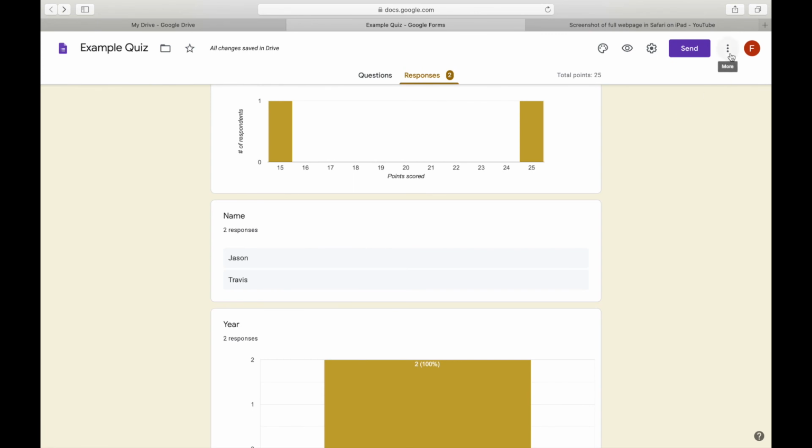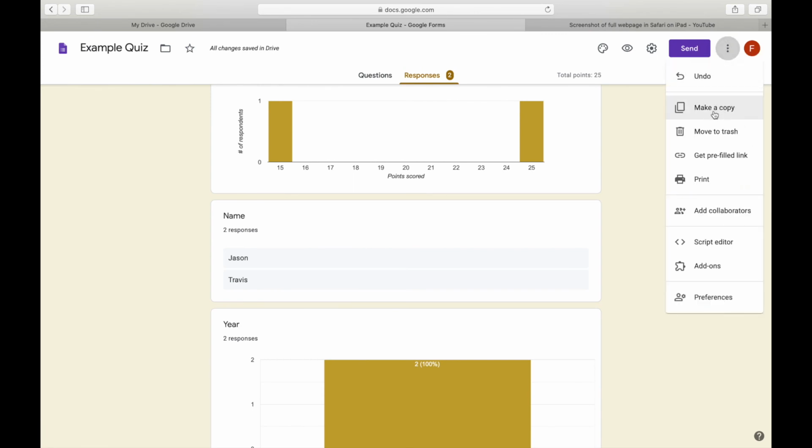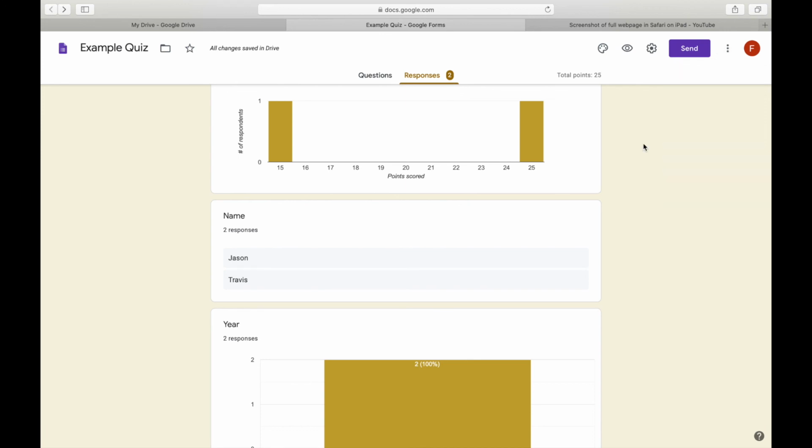And finally, you have 3 dots over here. If you click on it, you can make a copy of it, and you can add collaborators, and you have other options as well. That's all about creating a quiz or